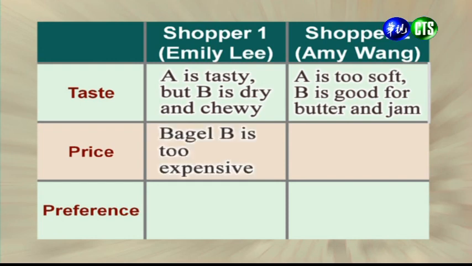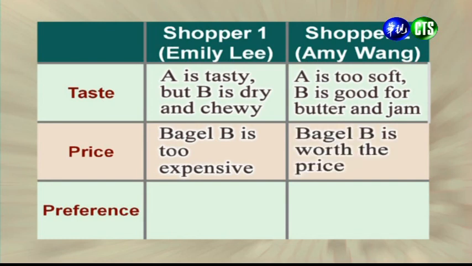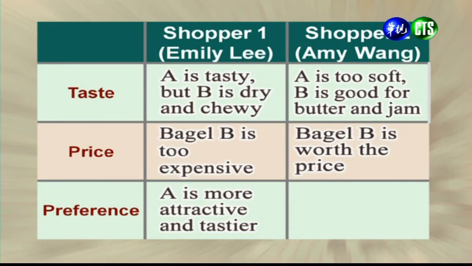And we also found out that the first shopper also thought that bagel B was too expensive, while shopper 2 thought bagel B was worth the price. 好，那我们也会发现呢，这个第1位消费者呢，他觉得 Bagel B 实在太贵了。那但是呢，第2个消费者呢，则觉得 Bagel B 它这个价格是非常值得的。And then finally, the first shopper preferred bagel A because it was tastier and more attractive. 好，那最后呢，我们会发现第1位消费者他比较倾向于喜欢这个 Bagel A，因为呢，他觉得 Bagel A 呢它比较好吃，而且呢比较具有吸引力。